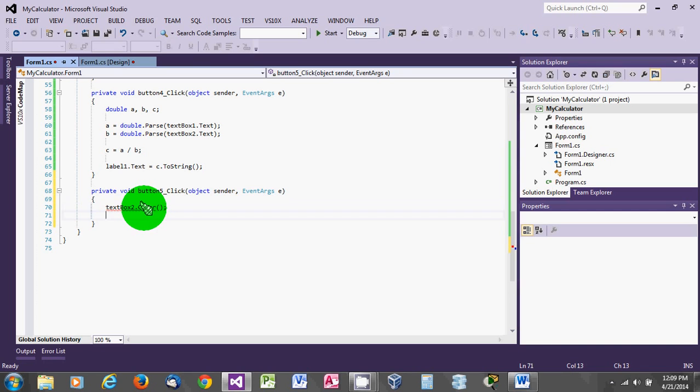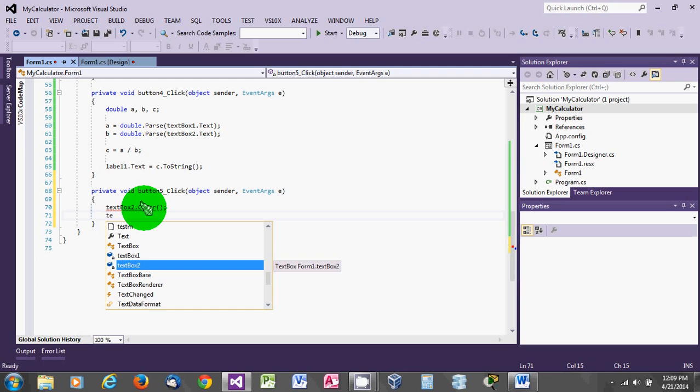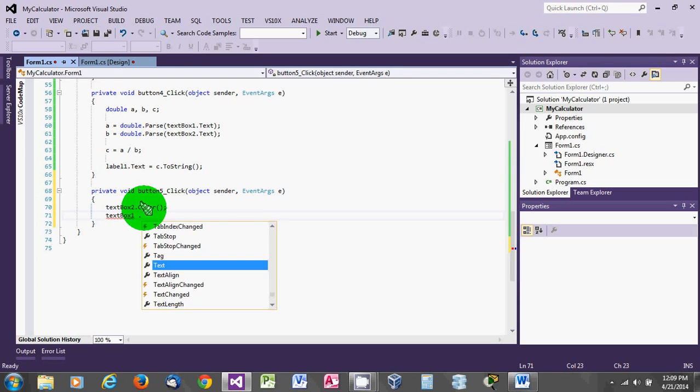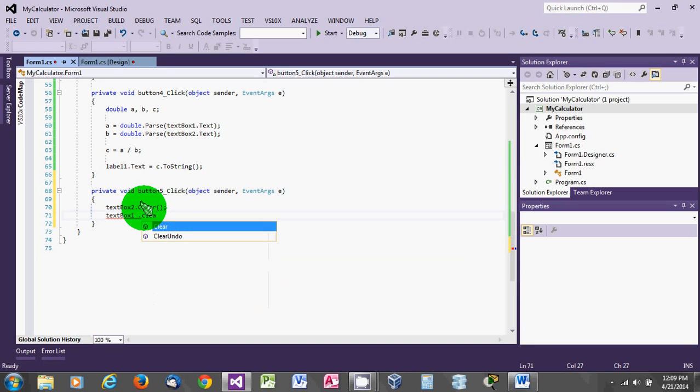And we do the same for text box 2, .Clear. We clear both text boxes, and we need to clear